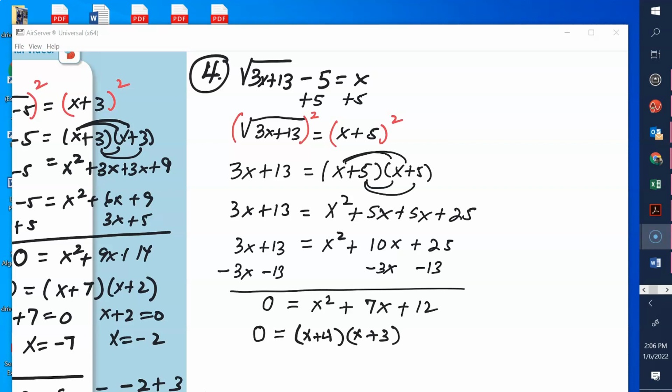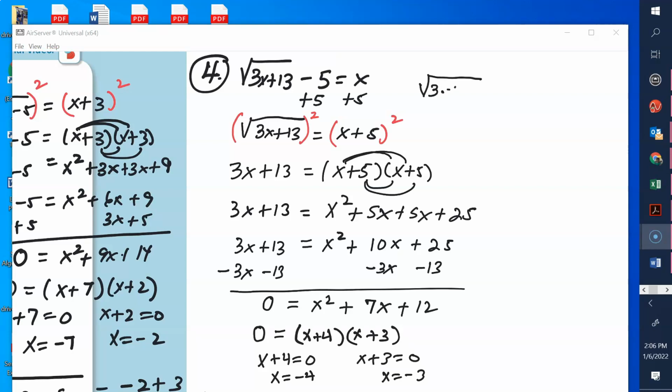And our last step: x plus 4 equals 0, x plus 3 equals 0. So what does x equal? x equals negative 4 and negative 3. And then we have to check for extraneous answers. How do you check for extraneous answers? Substitute. Does anybody know the answer? Negative 4. So we're going to check the square root of